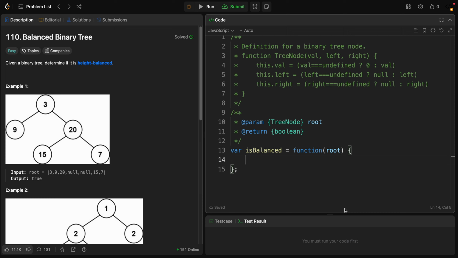Imagine you are given a binary tree. Your job is to figure out if the tree is balanced or not. But what does it mean for a tree to be balanced? Okay, a tree is balanced if: